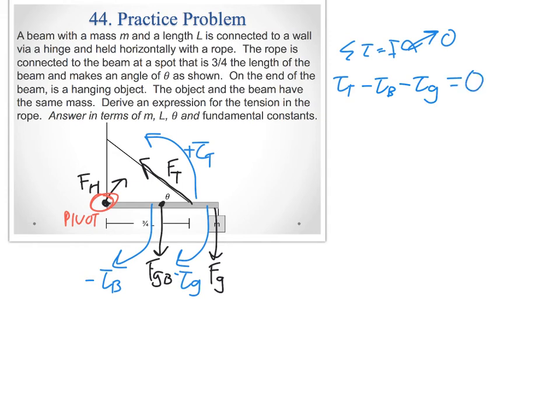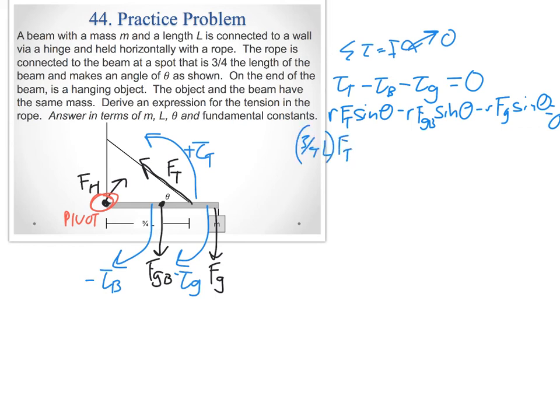and that's going to be equal to 0. For each one, we can substitute in rF sine theta, so r times the force of tension times sine of theta, minus r times the force of gravity from the beam times sine of theta, minus r times the force of gravity from the mass times sine of theta, equals 0. All right, and I'm going to plug in the things I know here. So for the force of tension, my r is just going to be 3/4 L